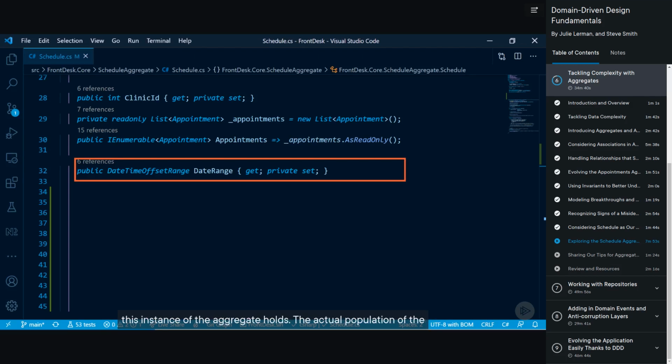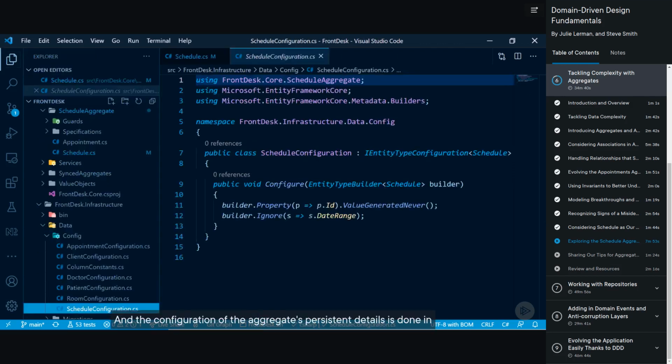The actual population of the appointments that match this range is left as a responsibility of the specification and repository classes that are used to retrieve the schedule from the database. Yes, and the configuration of the aggregate's persistent details is done in the infrastructure project's data config folder. This is where every entity's EF Core specific mappings and configuration is performed, which keeps these details out of our